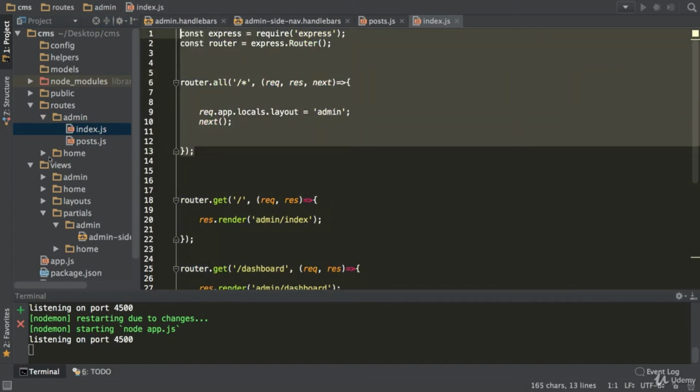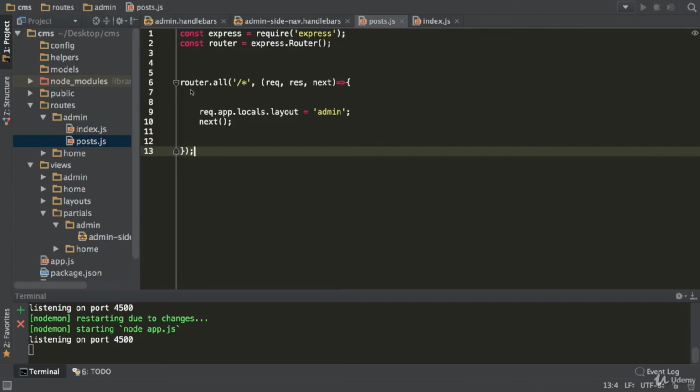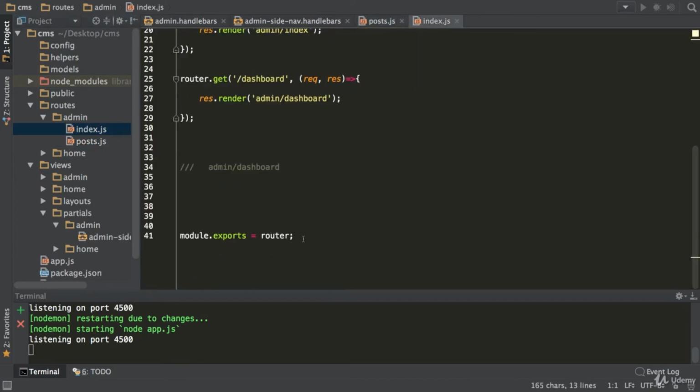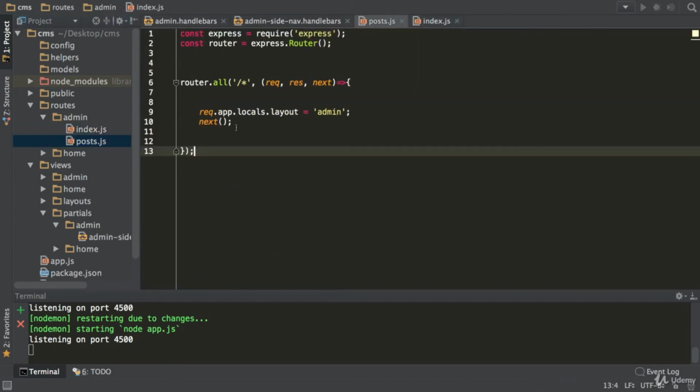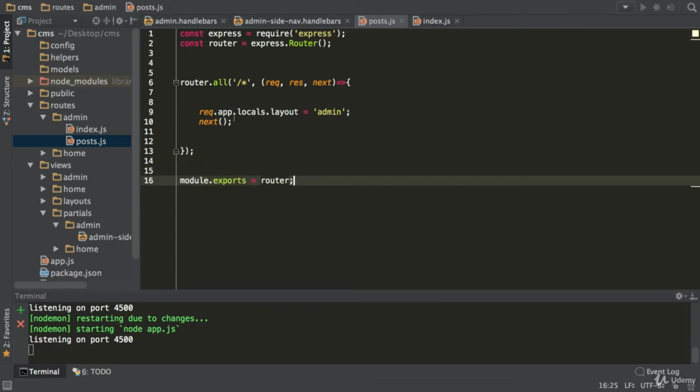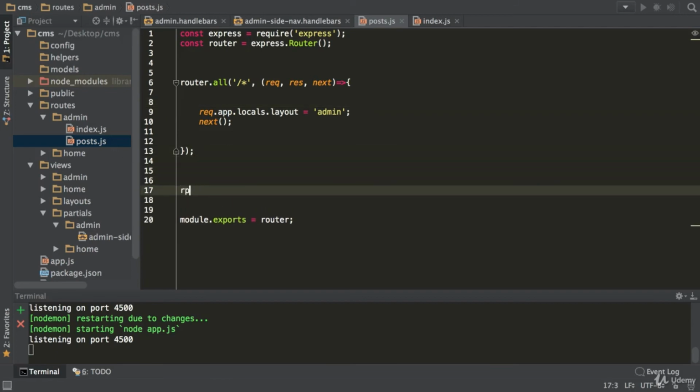I'm just going to copy that and paste it in there. I can even copy the module, if I wanted to be lazy. Simple as that. Very, very similar to what we have. Okay, and let's go ahead and create. Let's not be so lazy. Let's just write this down.